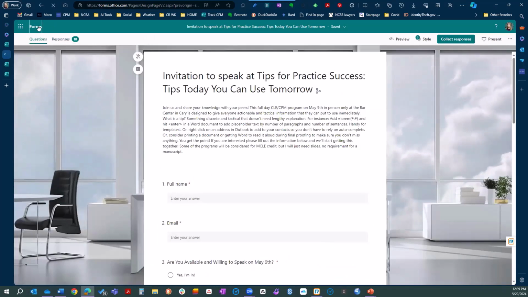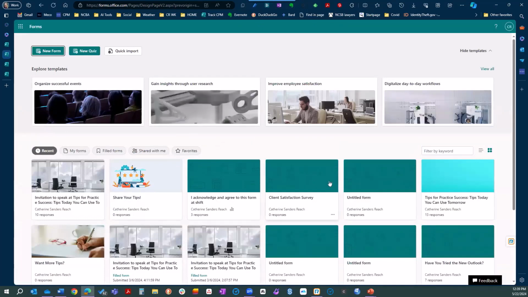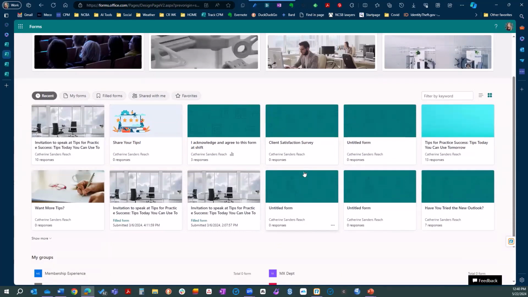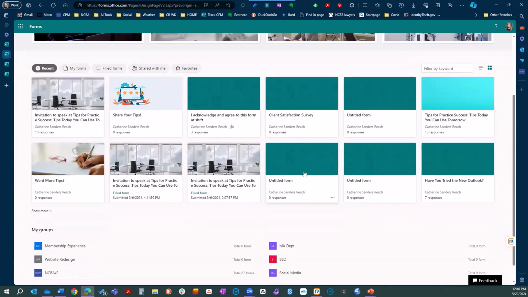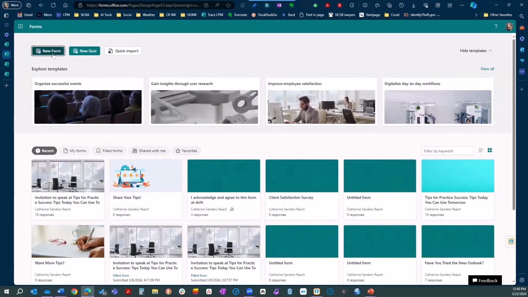And to give you some other examples, one that might be a little bit more salient, I will just create one. So you have forms and quizzes. Quizzes are for tests. Now, you could create a quiz as a test if you want to quiz a client on their preparedness for their deposition or something like that. But if you just want to create like a client satisfaction form,